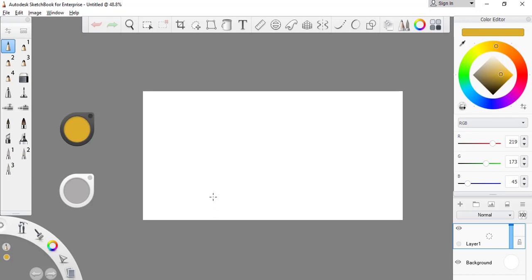Welcome to this video where I'll be talking about how to use the perspective tool of Sketchbook Pro. So for better context, let's know a bit more about what perspective is. It is one of the most popular terms used in art, design, architecture, and any visual